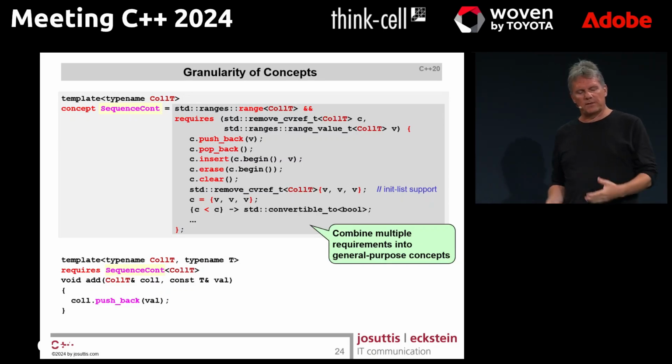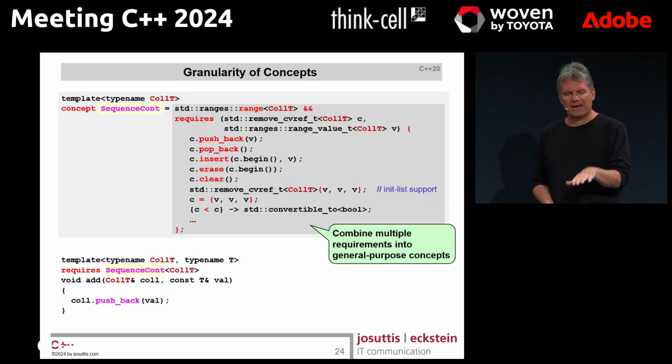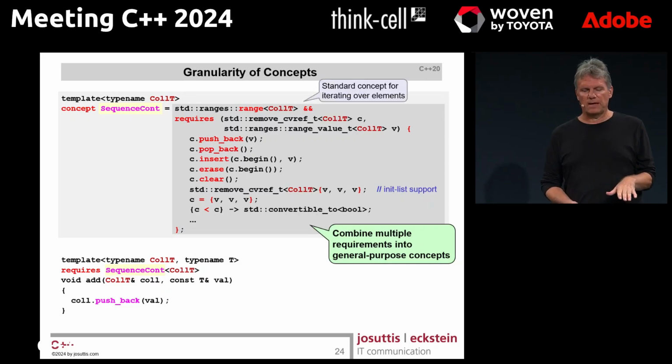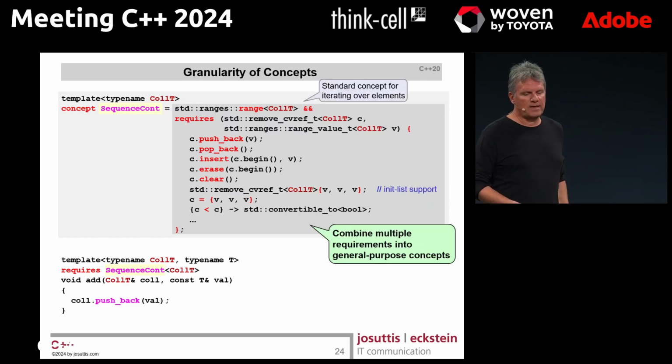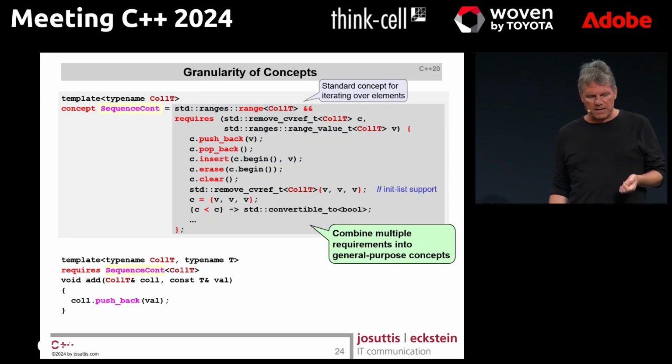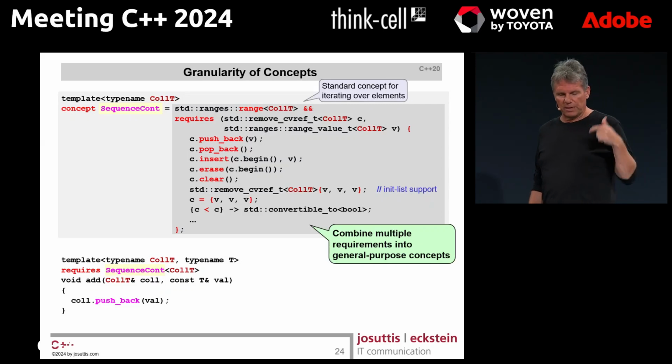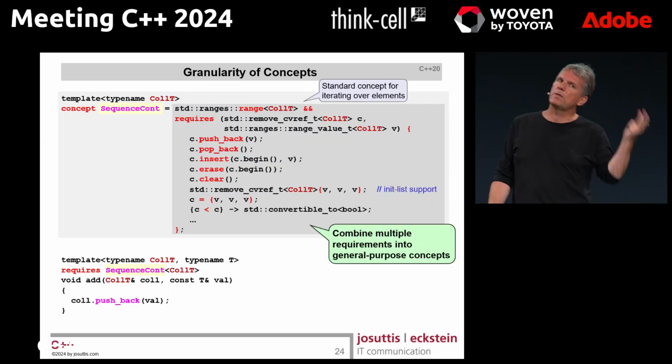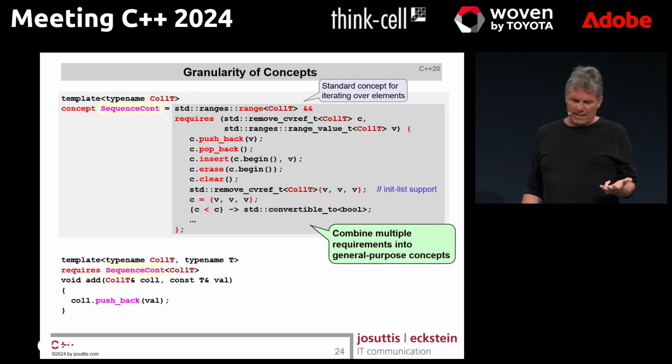Here's how we specify this concept. And you see again that this is a compile time Boolean value, a concept. We start the specification by saying, well, it has to be a range. That's a standard concept that requires that we can iterate over the elements. And then we have a couple of additional requirements, which is we can push back a value, we can pop back a value, we can insert a value with an iterator, we can erase a value with an iterator, we can clear all the values, we can